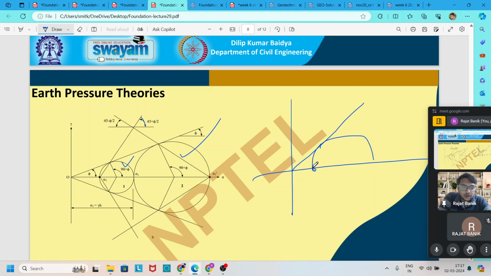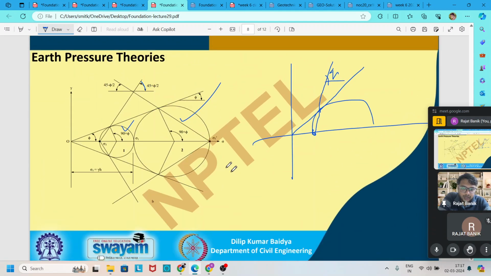If you draw one line which intersects at a point where the tangent passes through the circle, this angle with respect to horizontal is the angle of failure surface for different earth pressures. So in our case, for the active case,